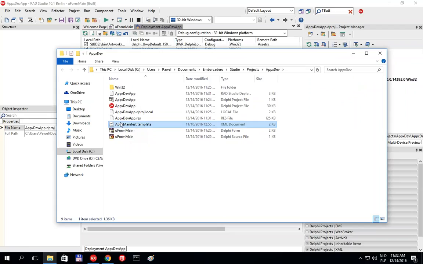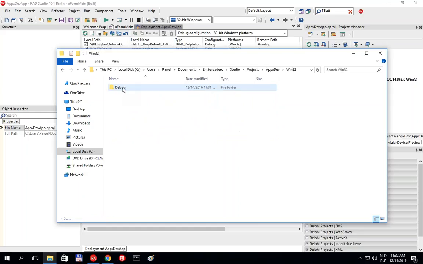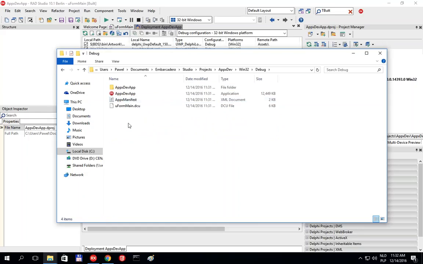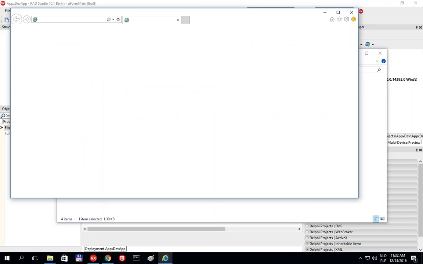So first of all, there is a template file, Appx manifest.template. This is just a template that is now used to add other information as a manifest to our application. If we go to the Win32, our debug configuration, we can now see there is a real Appx manifest, but not template. But if we open this in some XML viewer,